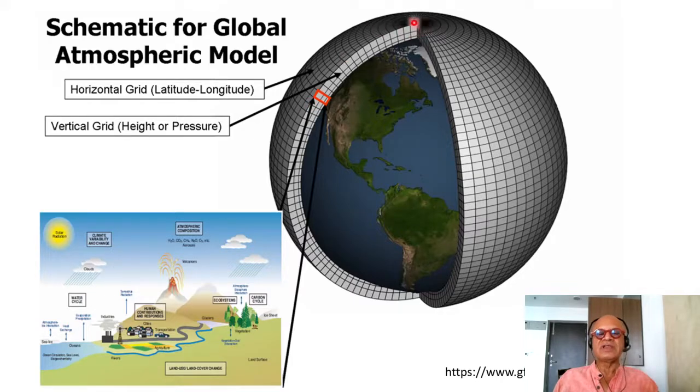There are issues to deal with, like the pole being a singularity, so you have to move it around, you have to do lots of things. But without getting into those kinds of details, you have latitudinal and longitudinal horizontal grids, so x and y directions, and vertical grids, so height or pressure, and then you are solving for these kinds of equations